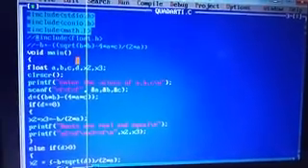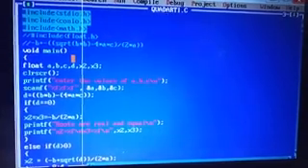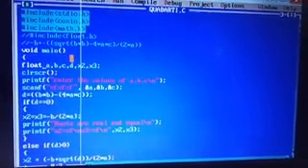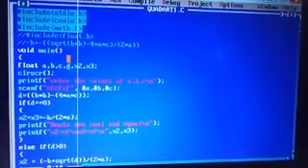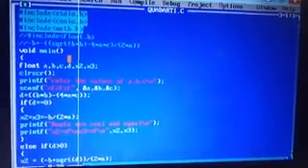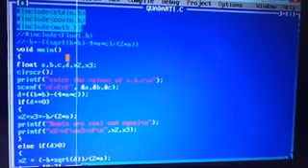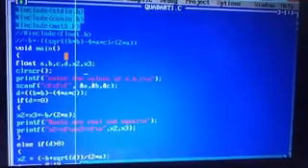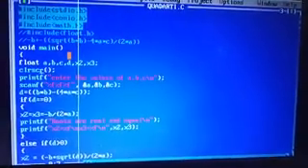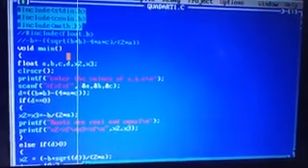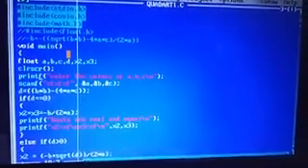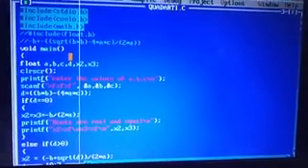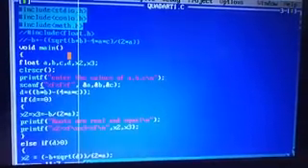Now I need to declare some variables. So I am declaring a, b, c as float variables, and d is where we are storing the discriminant. x2, x3 are the roots. I want to clear the previous screen, for that I am using clrscr. Then printf, where we enter the values of a, b, c, and scanf, where we take the input.